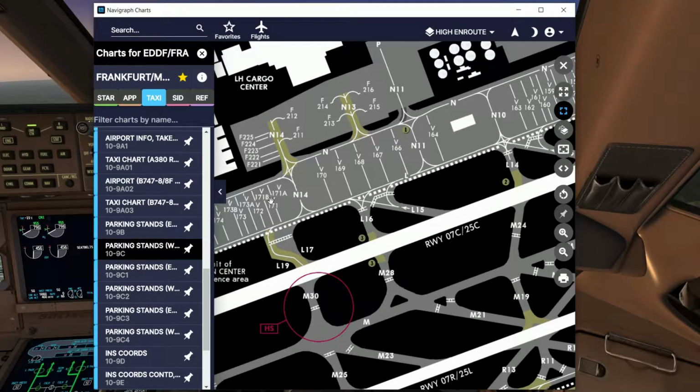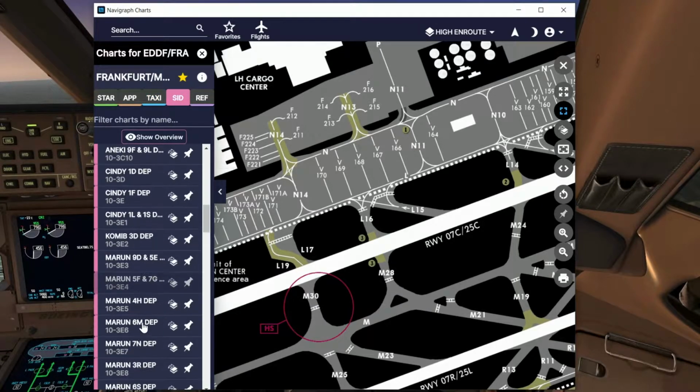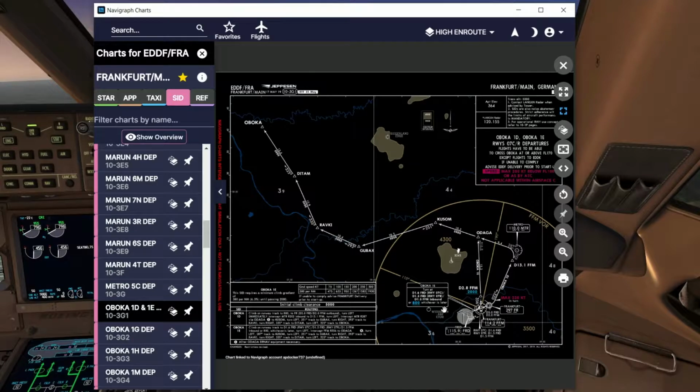Okie dokie, so once you've got your flight plan, you're happy, have a look at your SID. So as we said, we're taking off on the Okbadada 1 Delta, which is here, and we're taking off here from runway 9 right, and we're coming out and swinging a slight left at 22 degrees up to Metro VOR, then we're taking a left at 287 degrees to our stations Odegar,